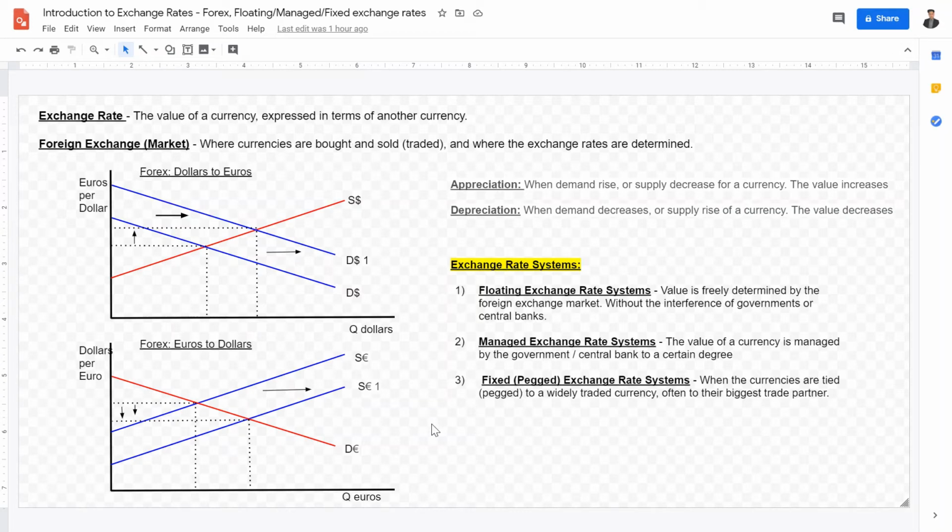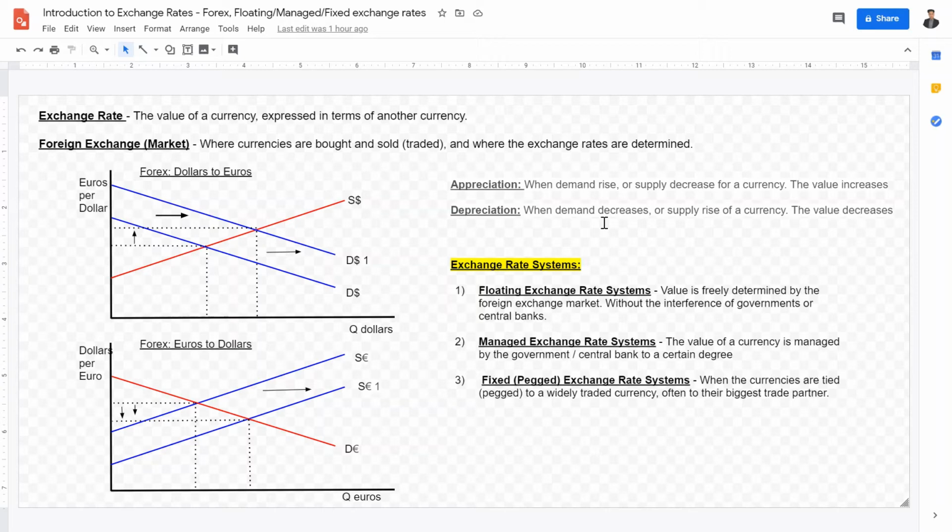Now, we have to talk about the concept of appreciation and depreciation of currencies. What is appreciation? When does the appreciation of a currency occur? Appreciation is when the value of a currency increases, expressed through another currency. So for example,